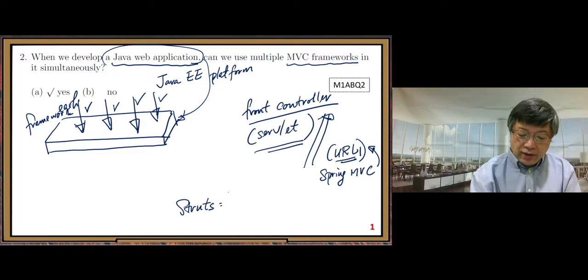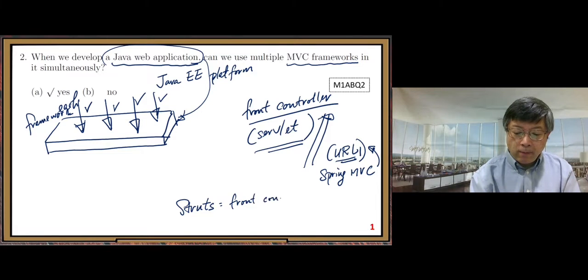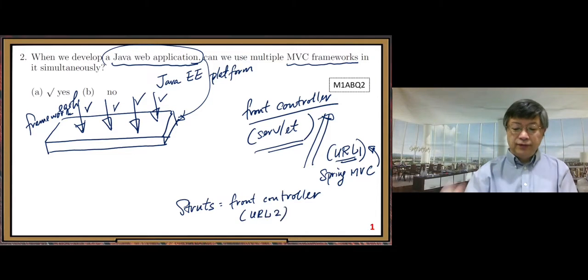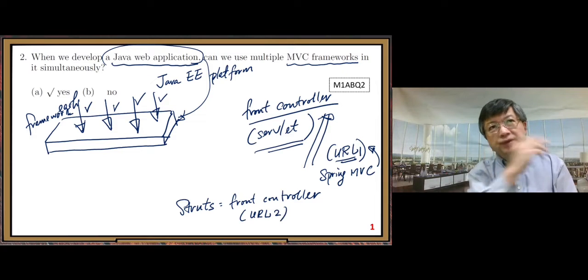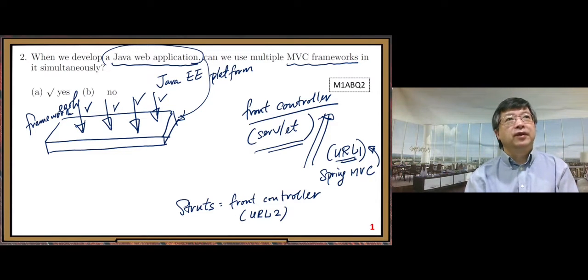This one has its own front controller, and for its front controller we configure URL 2. So if we want to use multiple